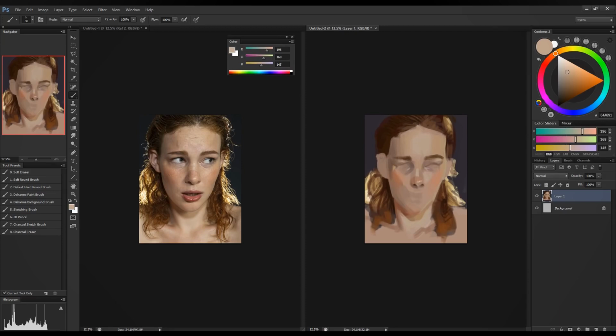So how that form feels changes depending on how you put the highlight. Now it's very important to know if you're working on pretty much anything, to pay special attention to the speculars, because they're going to determine how the form looks. So we get that in,